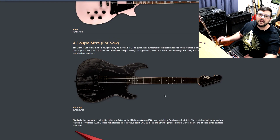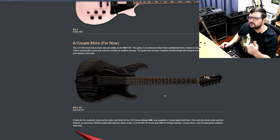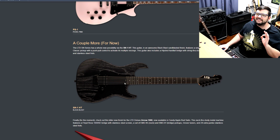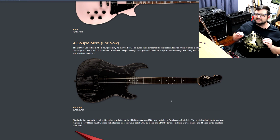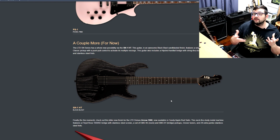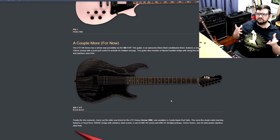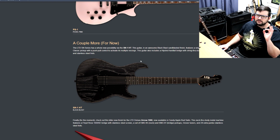Now this is the lagniappe, as we say here in Louisiana, or we have the bonus guitars coming down at the end. The LTD SN series, which is a whole new possibility via the SN-1 HT. This reminds me of a Charvel, like an ESP Charvel. You have a Fishman Open Core Classic. The Fishman Classics are awesome. They're better than the moderns